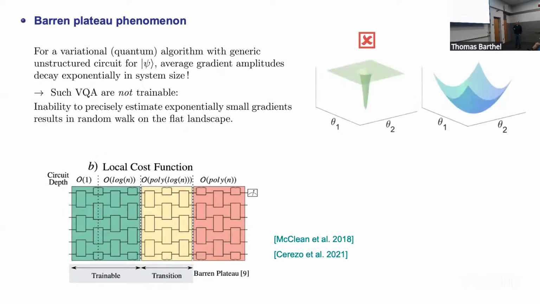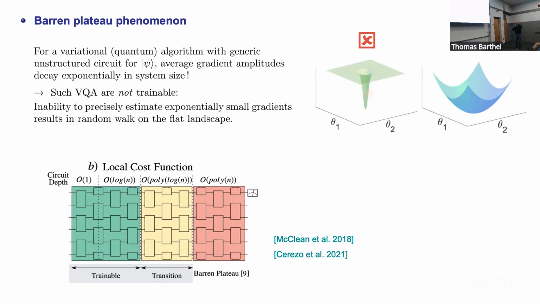And we were able to prove that these MERA don't have barren plateaus. First of all, what is a barren plateau? It's a phenomenon that if you have an unstructured quantum circuit, let's say just a brick wall circuit, in general, the energy gradients, or the amplitude of energy gradients, decays exponentially in the system size. Which means that you basically try to optimize on a